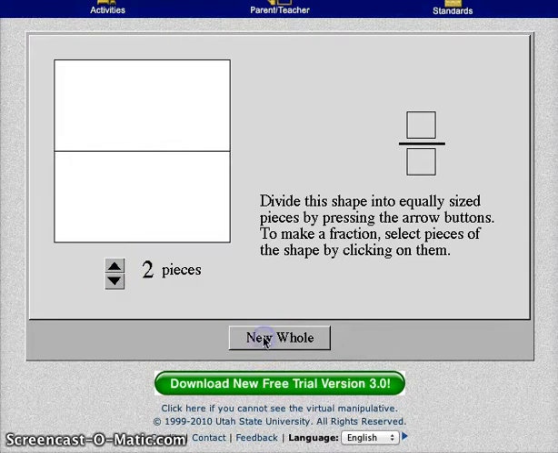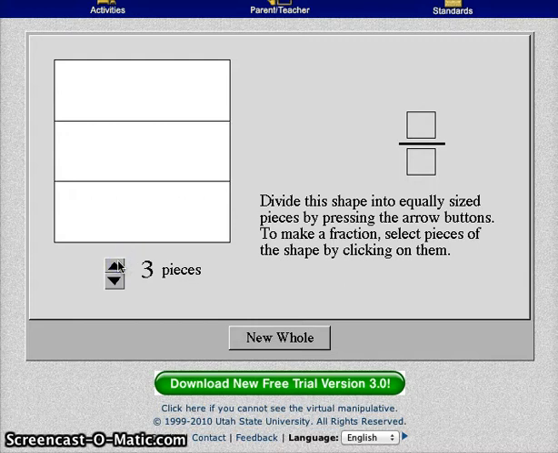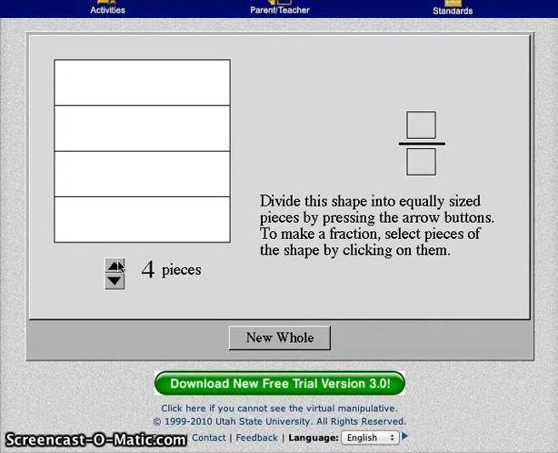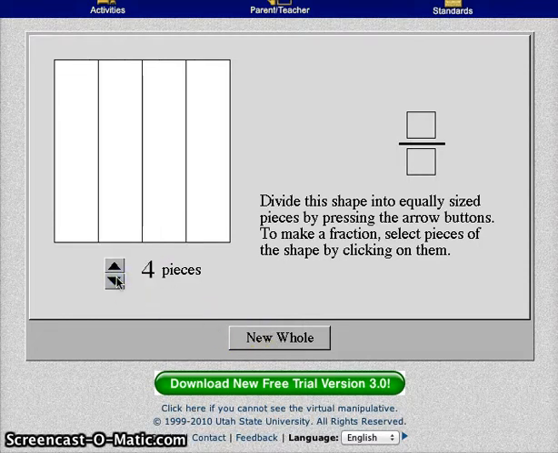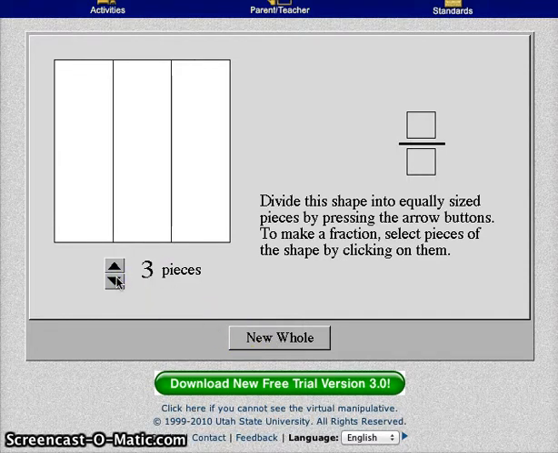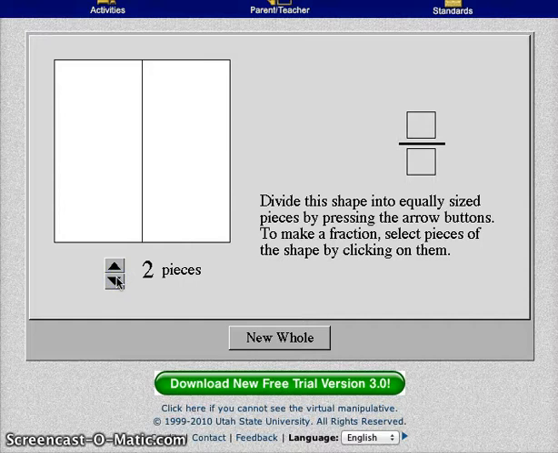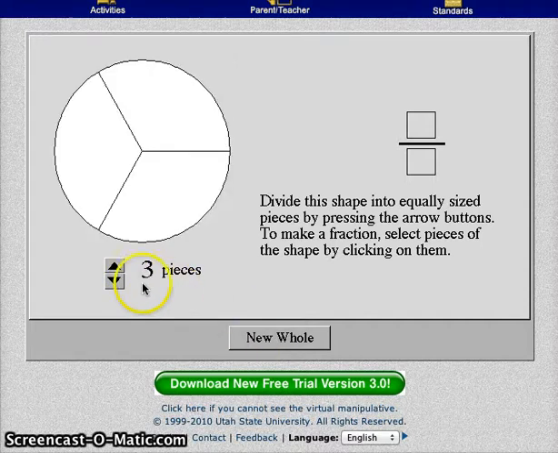And I chose this one because from the UEN core, in the second grade mathematics core and the domain of geometry, students should be able to partition circles and rectangles into 2, 3, or 4 equal shares, describe the shares using the words halves, thirds, half of, a third of, etc., to describe the whole as 2 halves, 3 thirds, 4 fourths. They should also recognize the equal shares of identical wholes need not have the same shape. And this game perfectly teaches that